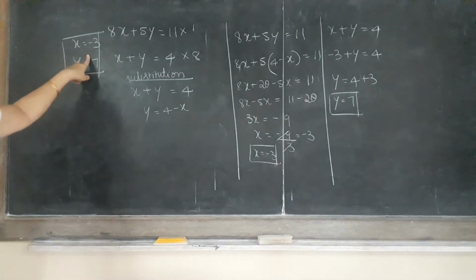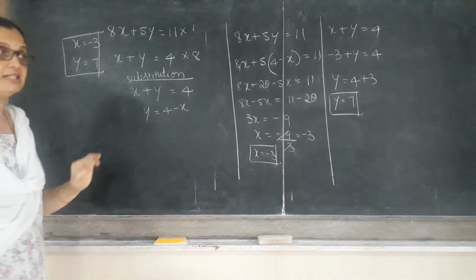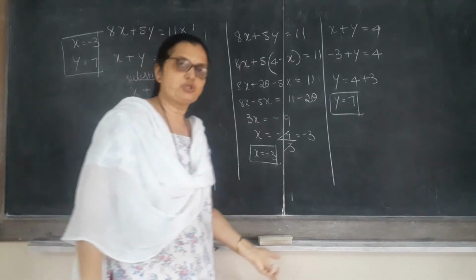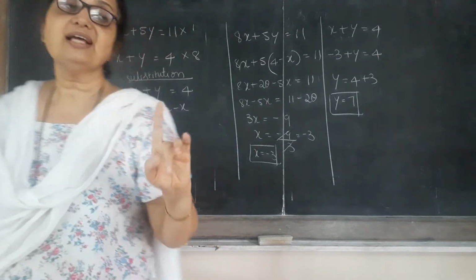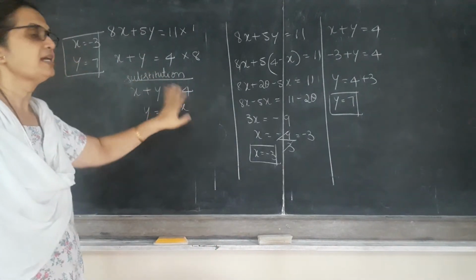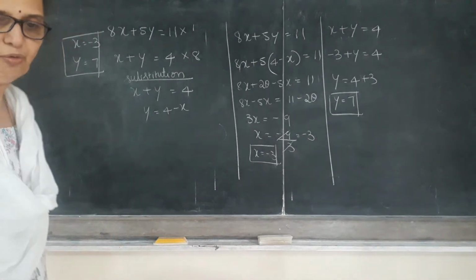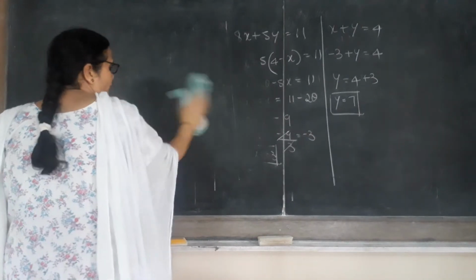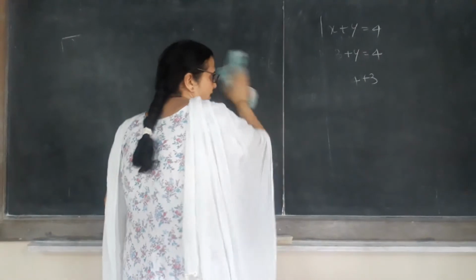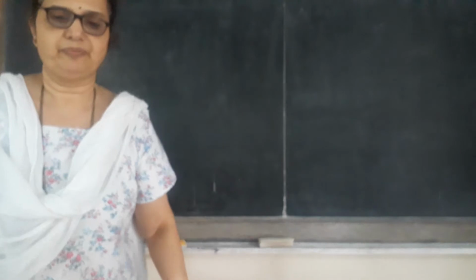Yes, we got the two values. Same values or different values? Same values we got, or not. x is equal to minus 3, y is equal to 7. Whether you do it by the substitution method or by the elimination method, we are going to get the same answer. See, this is the same. Understand both methods clearly, because tomorrow we are doing the cross multiplication method. That is a little bit, first I need to explain. In the next video I am going to explain that one.